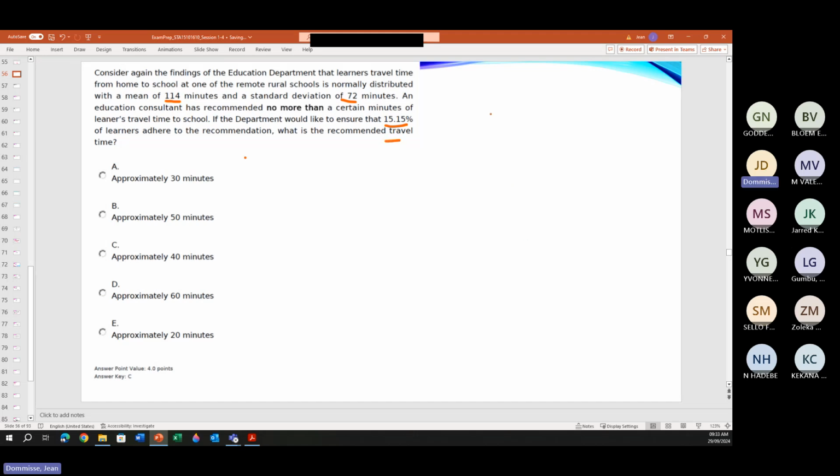Okay, so what they are basically saying to us is, this is the formula for Z. We need to work out what that X value is, but they tell us that Z is no more than